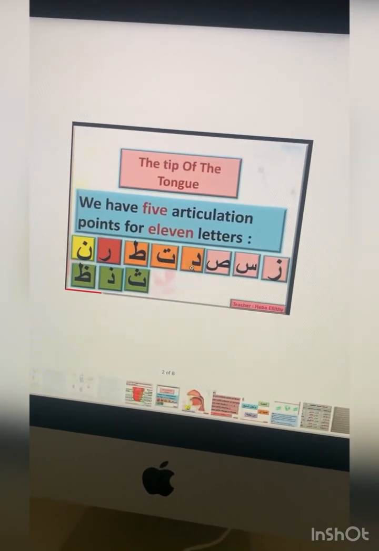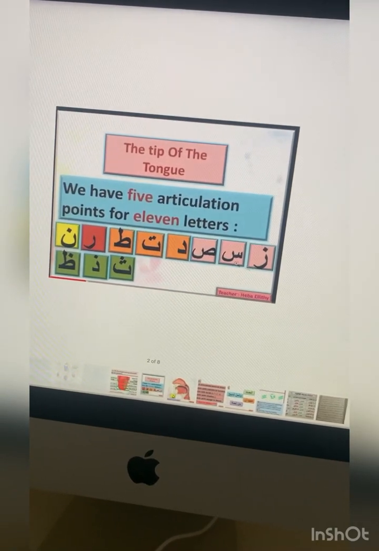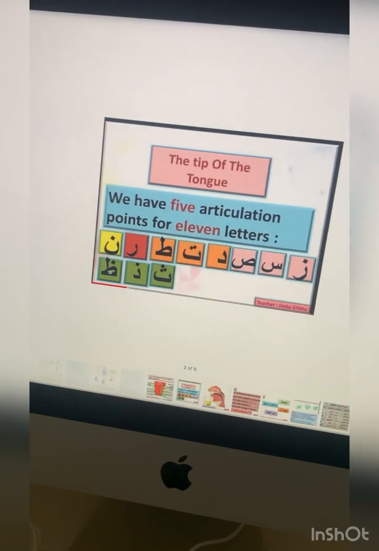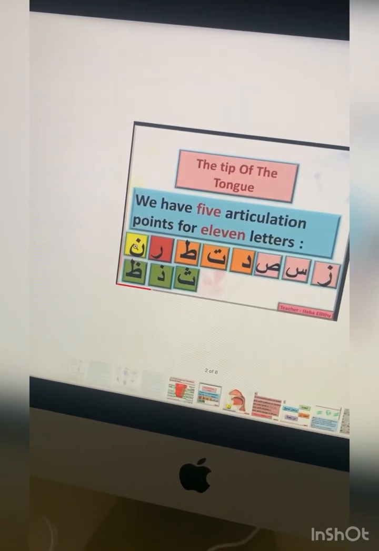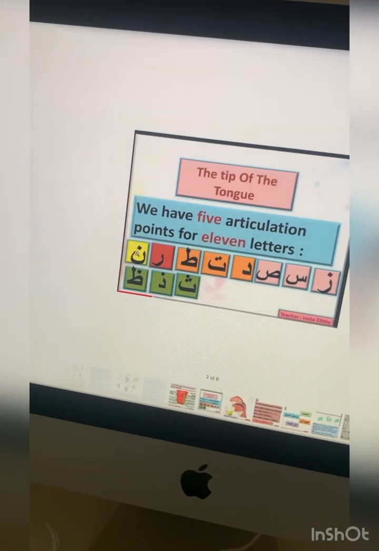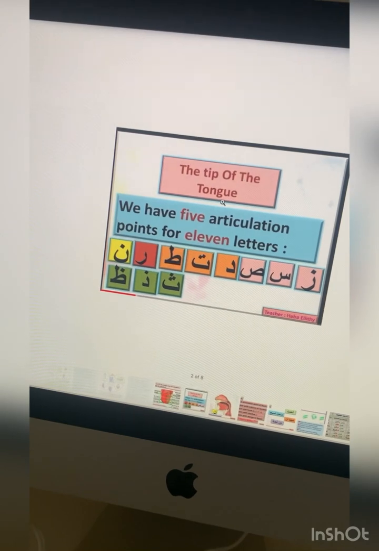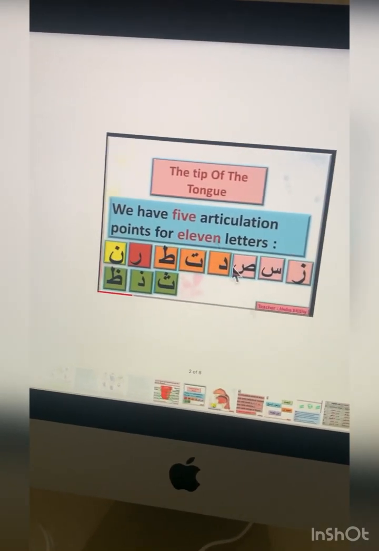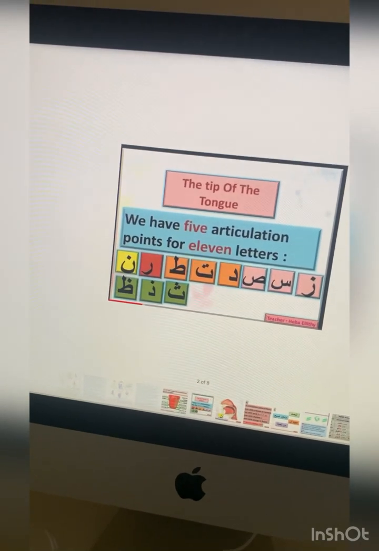For example, these 3 share the same position, and these 3, including sin and sad, share the same position, and Noon and Ra. So Noon is one of the letters that has its articulation point on the tip of the tongue. This is just for general information, to get an idea where